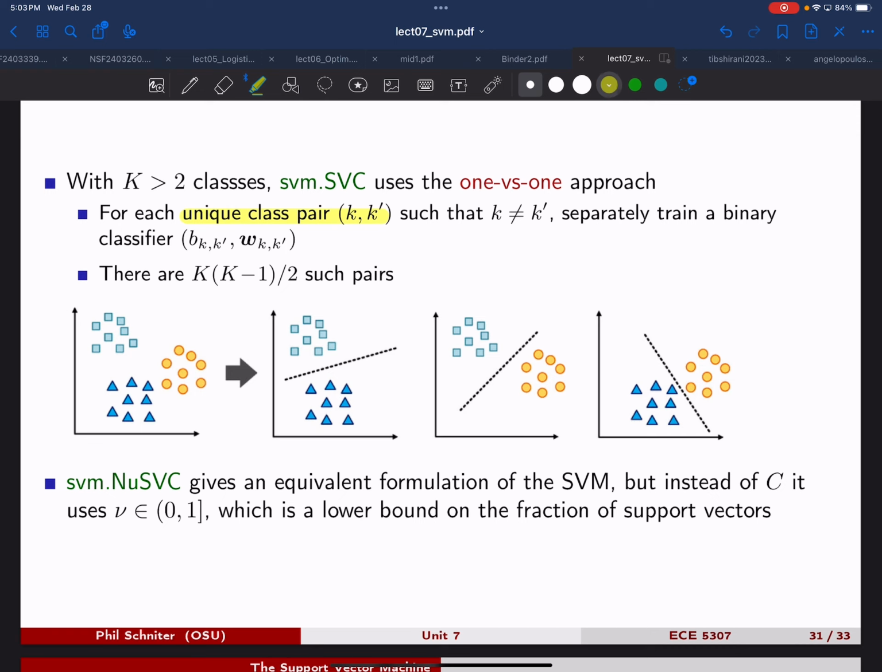So that's the first point. Any questions on that? Okay. The second thing is